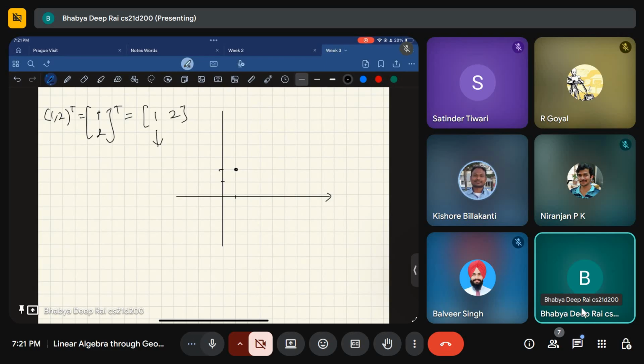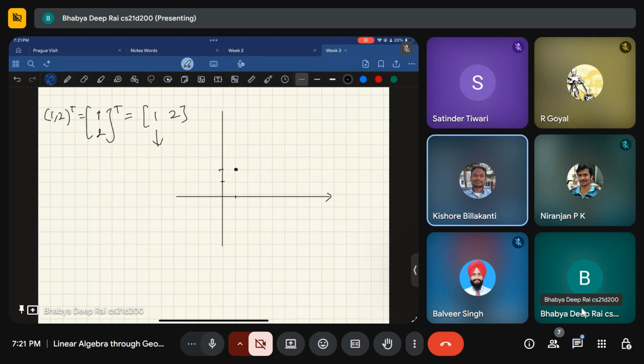What I'm saying is the transpose of a matrix can be plotted, and it would be the same as it is. But what Satinder was asking is, how do you graphically represent the plotting of the resultant of the dot product of a vector and its transpose? It won't be the same as the original.